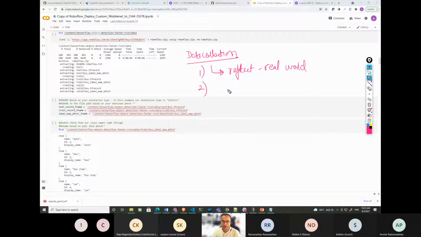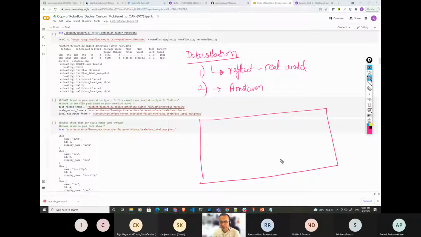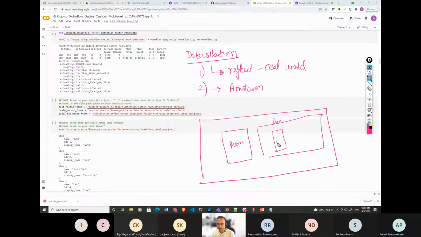Second observation that we had was that there were multiple annotators. When I talk of annotation, suppose this is the image given to me and I need to put a bounding box, that this is a bounding box and here is a person and this is a bus over here, and in this bus this is the front door, and this is the rear door, and things like that. So annotation is the process of actually identifying where in an image what is there,